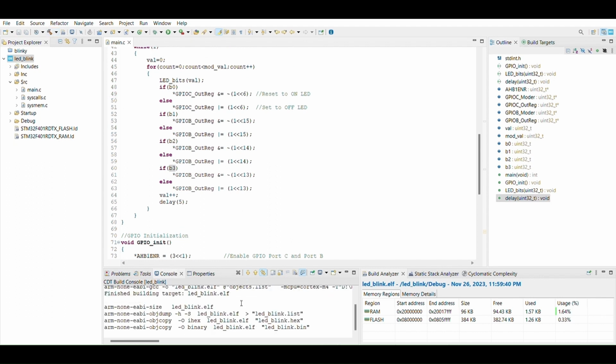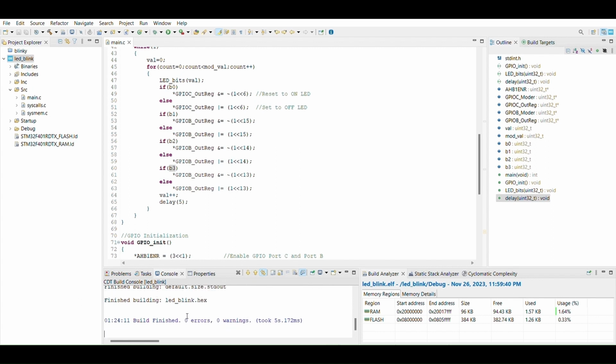So it's building. Now we can see that there is 0 error, 0 warning. So the program has no issues. Now to execute this program, we cannot execute it here because I haven't connected the hardware right now. So I cannot execute it in this IDE, that is STMCube IDE. So what I do is I will port this program to Proteus software, and we will try to simulate